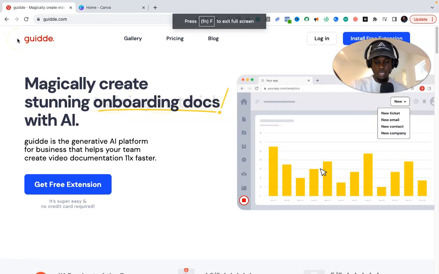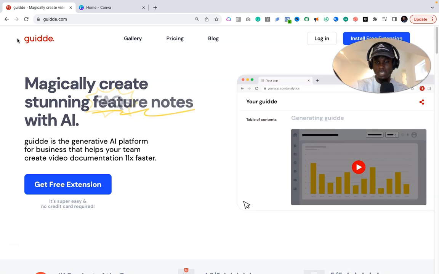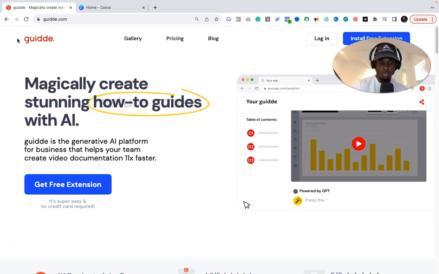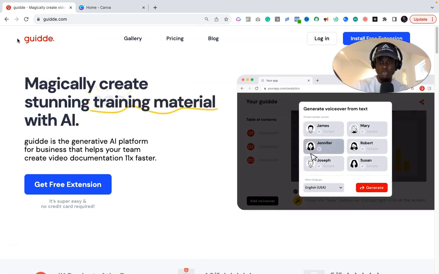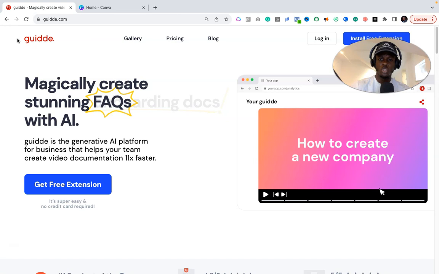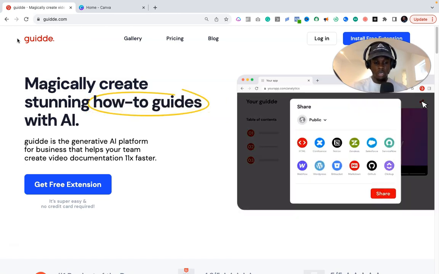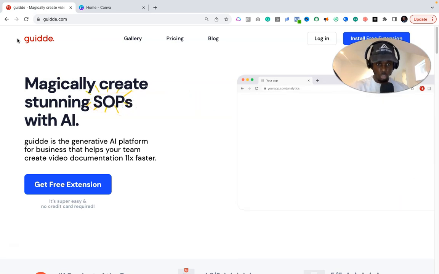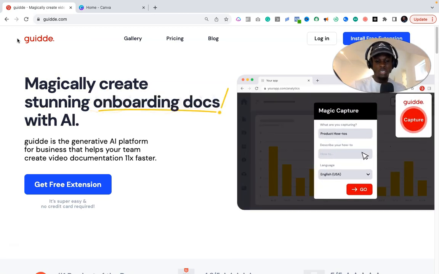Live. Yeah, so basically I'm going to show you this AI tool which helps you create step-by-step guides in minutes. And not just basic ones, stunning step-by-step guides leveraging AI. So if you want to use it to create your training materials, your onboarding docs, your FAQs, basically anything that requires visual elements to show people or teach people, this helps you do it without the hassle and stress